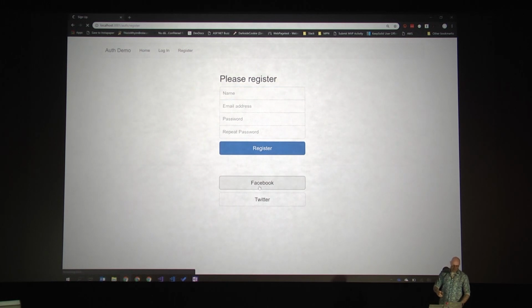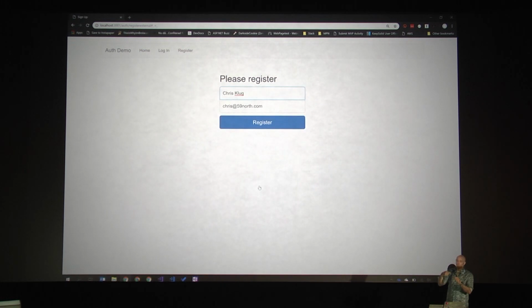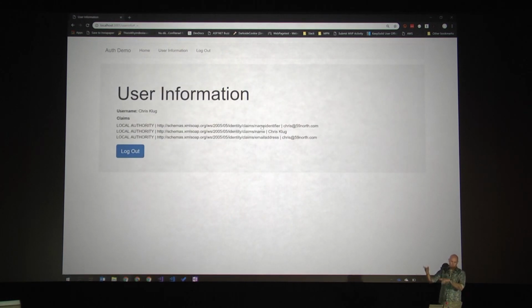I go for Facebook. I get redirected to Facebook, I get redirected back from Facebook, I'm temporarily signed in, the system redirects me to this thing here where it says, oh, you're temporarily signed in and you're not in my system already. And then it goes, here are the things that I need from you. And then I press register, and it takes that data, shoves it into my database, and I have now normalized the